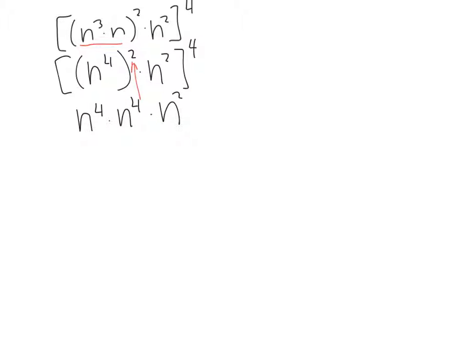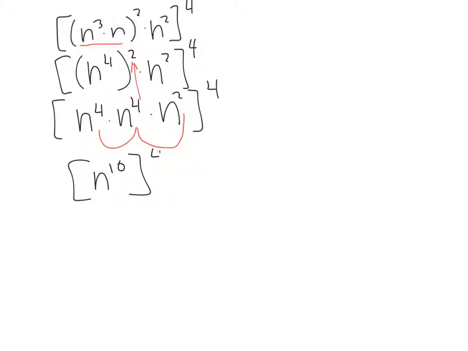And since we've now dealt with those parentheses and exponents, we can write out the rest of the line, what else is inside the brackets, and we recognize that it's n to the fourth times n to the fourth times n squared. Now we should simply be able to count n's in there. We could picture it longhand or even write it out longhand, but if we just let the exponents count for us, it tells us that we have 4, 8, 10 n's in a row, and so the shorthand is n